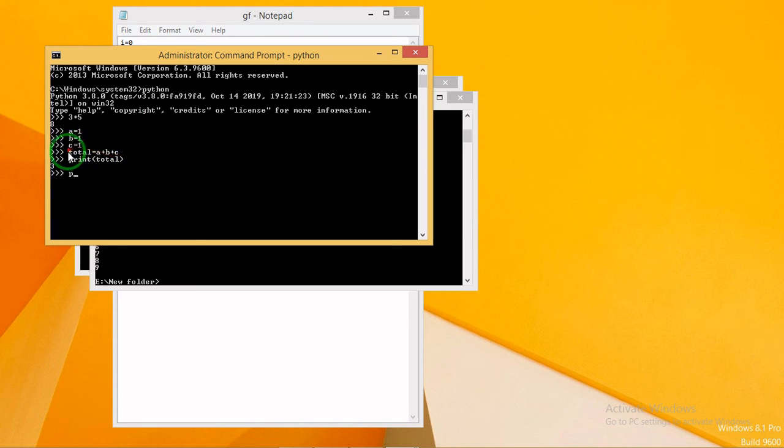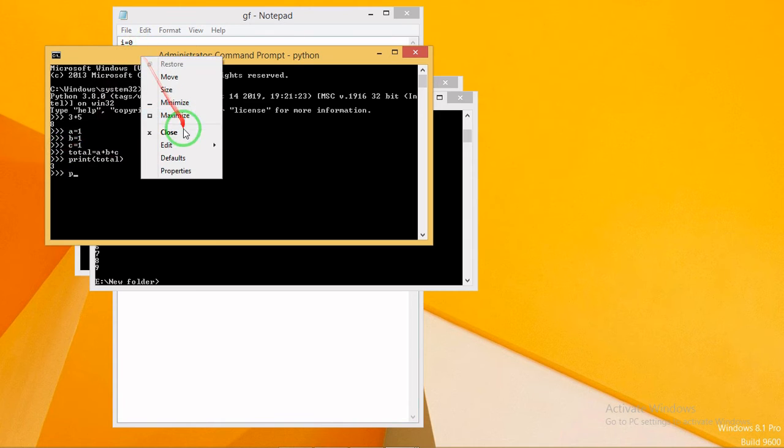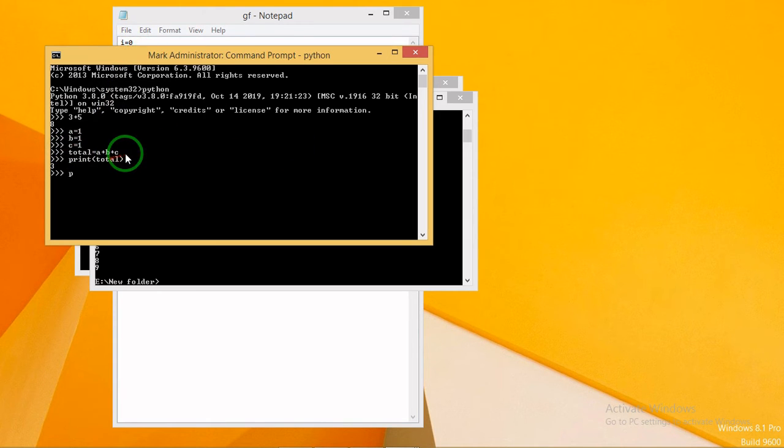This total statement we can also split and write. How? Just type total equals a plus backslash, enter, then b plus backslash, and c.